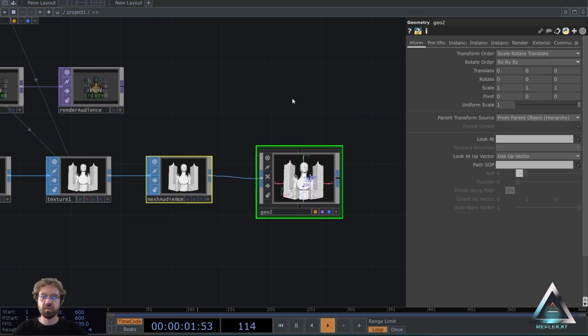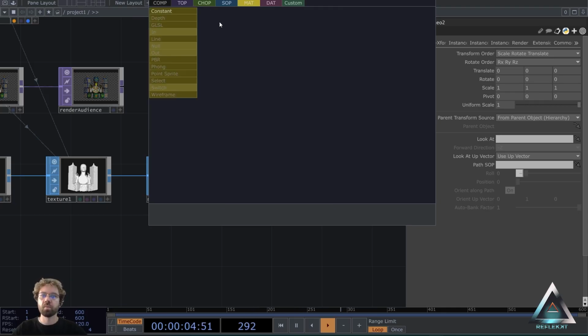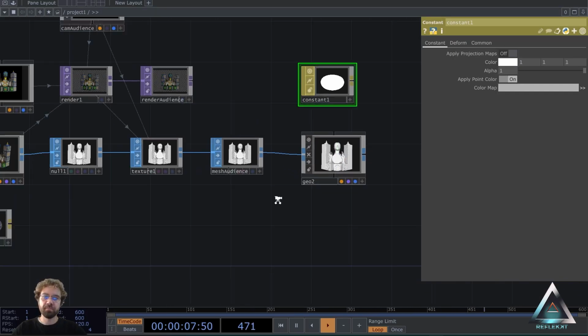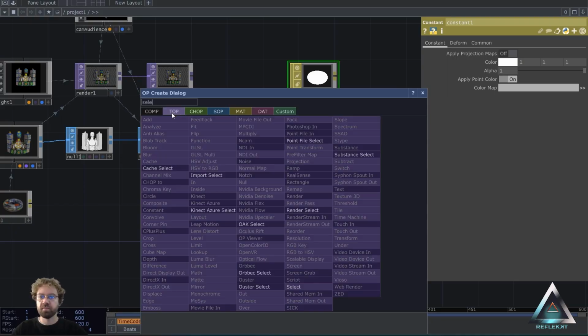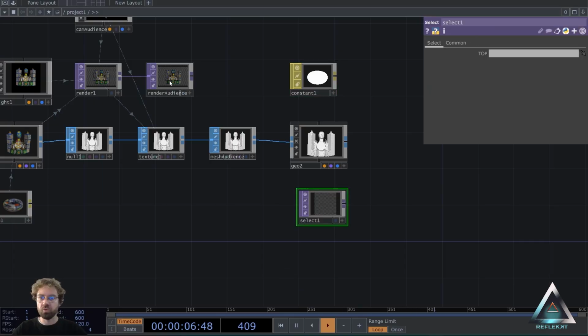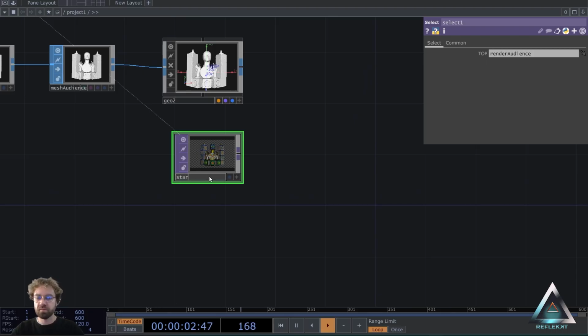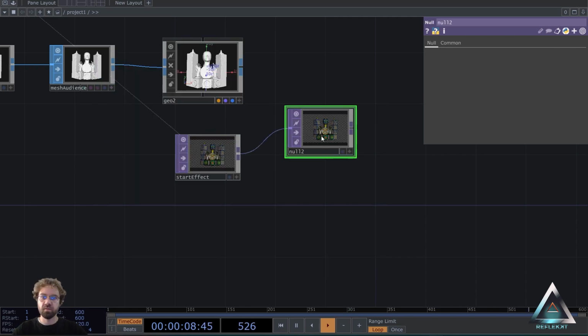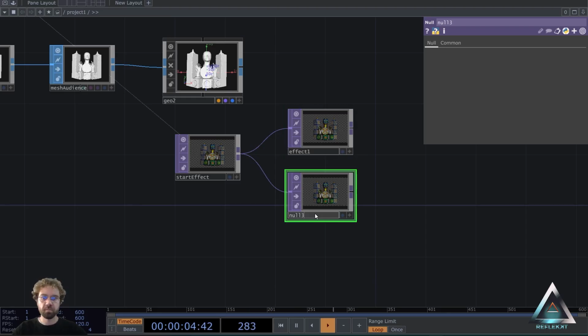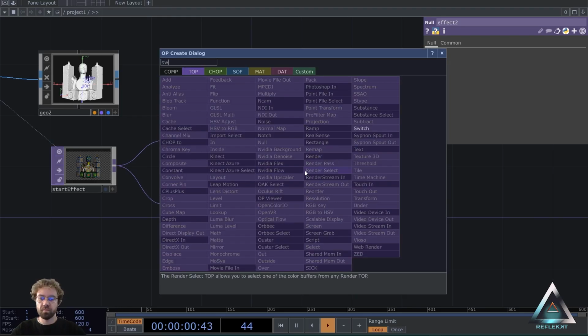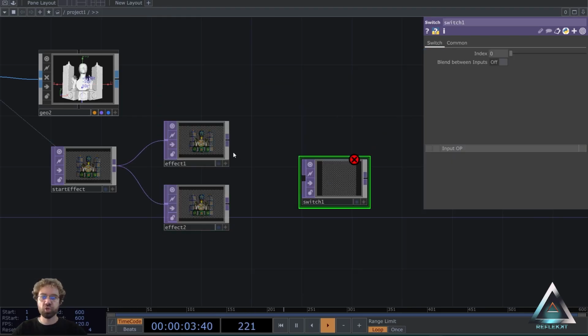And also just create a constant material already. And now let's add a select top. And we want to use the audience render here. And let's call this here start effect. And let's already add two nulls. Call it effect 1 and effect 2. Then these two we connect to a switch